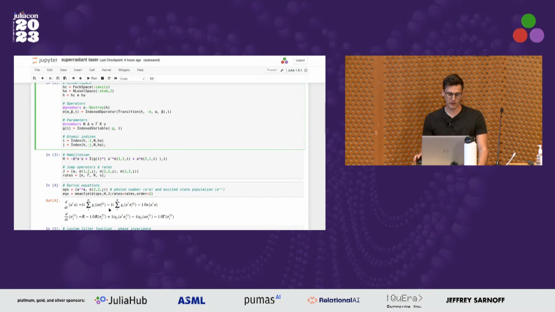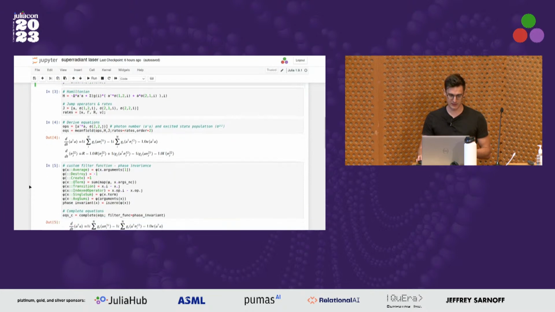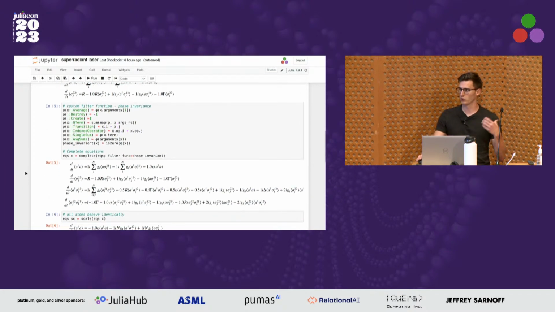What we want to do here is, again, complete the set of equations because we want to solve it numerically. But since we are smart physicists, we know that some of these expectation values are always 0 within the system, just due to the phase invariance of the system, because we drive it, or we pump it, incoherently, so there's never a phase inside this system. So terms which would carry a phase are simply 0. If we know this, we can just give a keyword to the complete function that it should neglect these phase invariant terms with a filter function. And doing so, we just end up with these 4 equations, which basically completely describe now our system in second